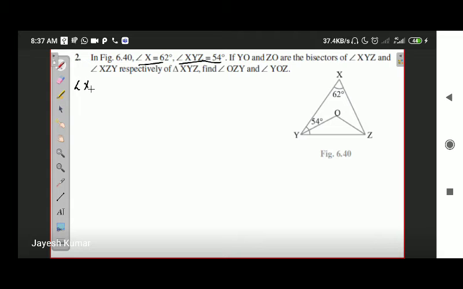Angle x is equal to 62 degree. This is given to us. Angle x is equal to 62 degree, as well as angle XYZ is equal to 54 degree. Okay, so what we do now, we are also given that YO and ZO are bisectors. YO is angle bisector of,